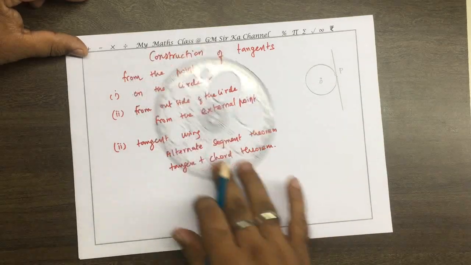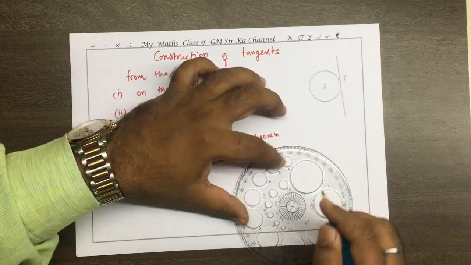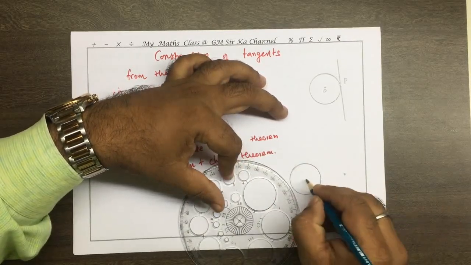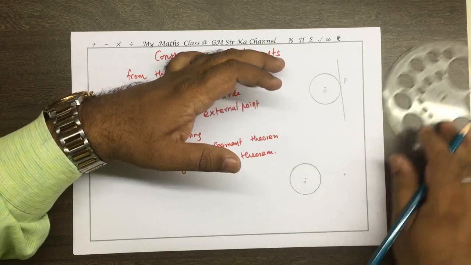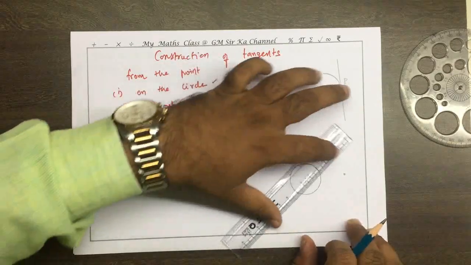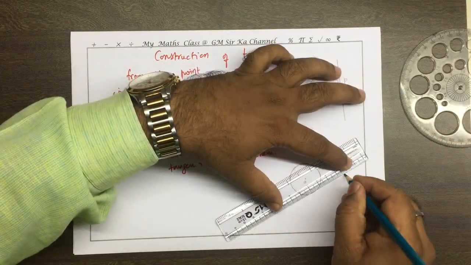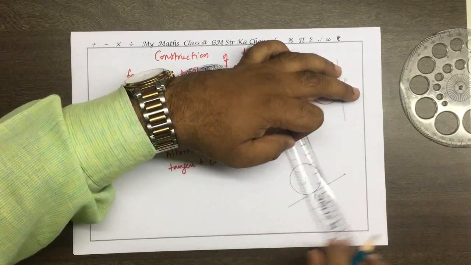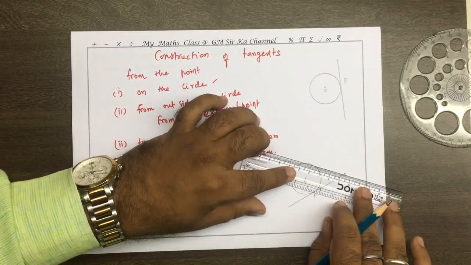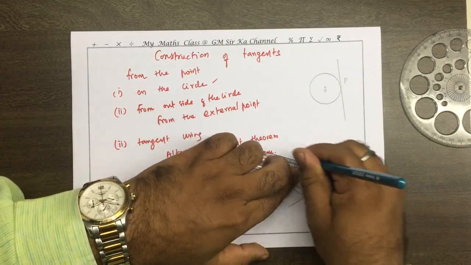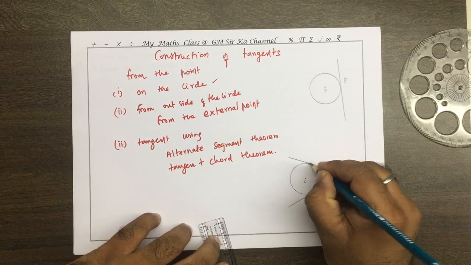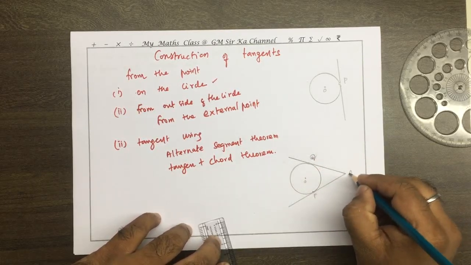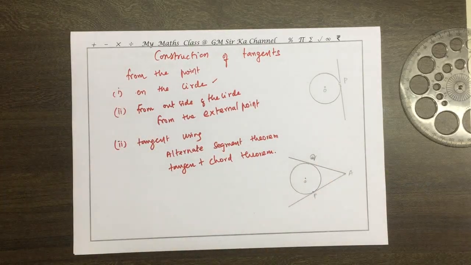And the tangent from an external point of the circle, the point which is external, is like this one point, and two tangents. We know that two tangents can be drawn from the external point P, and the other point as Q, which touches the circle. And like this we can have from the point A, we have to draw the two tangents.